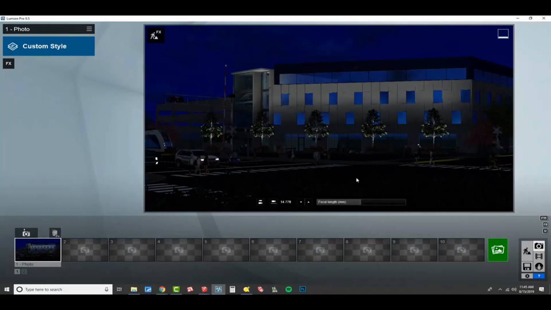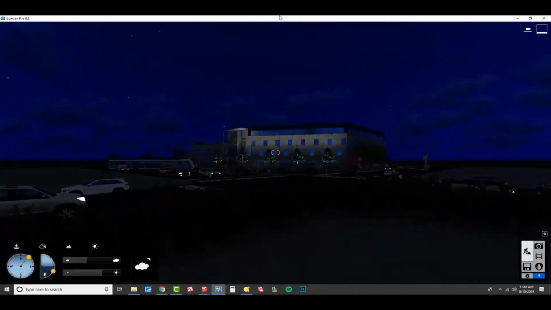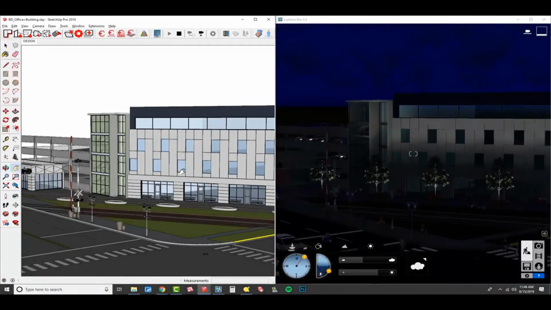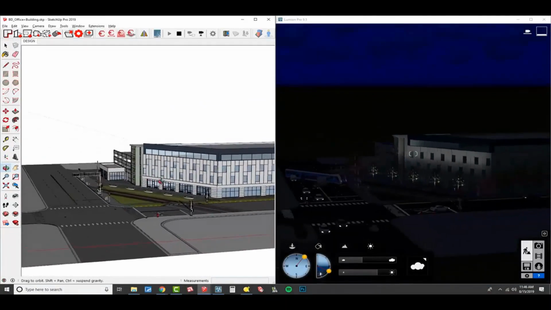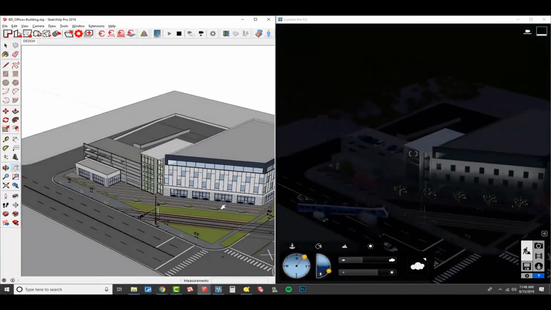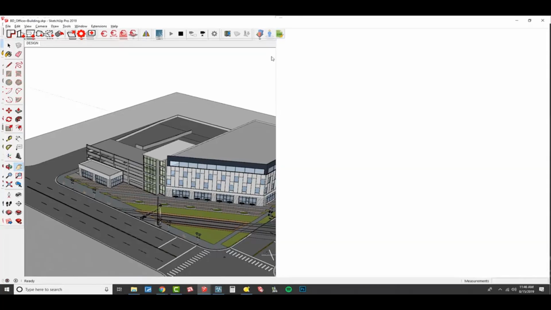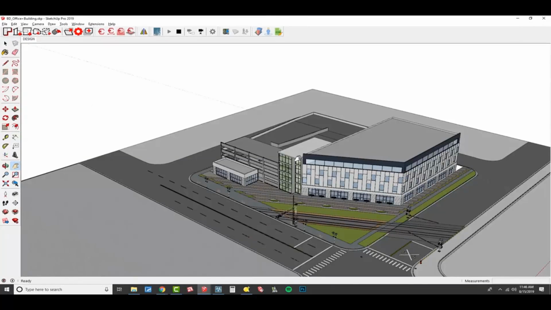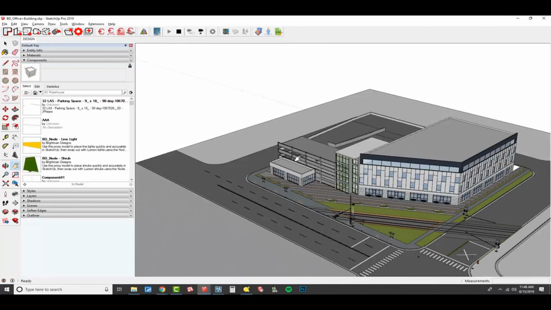All right, so we're gonna hop back into build mode. I'm gonna split my screens again. You can see that my live sync is still kicking. So what I'm gonna do now is I'm going to go through SketchUp, and I'm going to place all of my light nodes. All right. So just like we did before, I'm going to go over here. I'm going to bring up my dialogues,